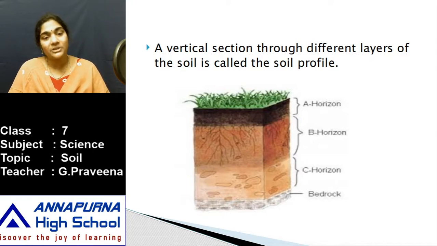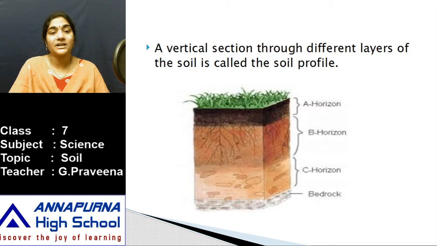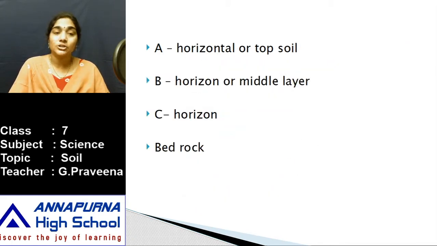Next, below the B horizon is the C horizon, which consists of small clumps of rocks with caves and crevices. That is the C horizon, and below that is the bedrock. The last layer is the bedrock. It is very hard and very difficult to dig with a spade. So these are the different layers arranged one below another,